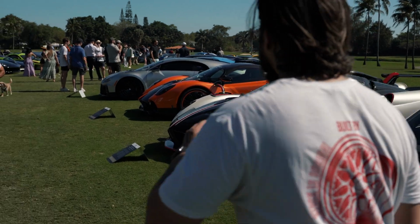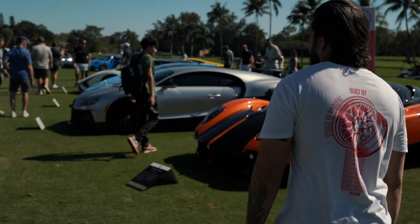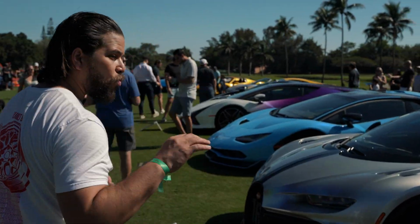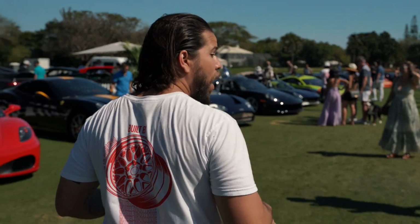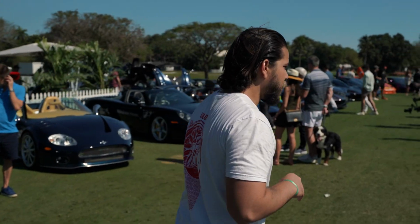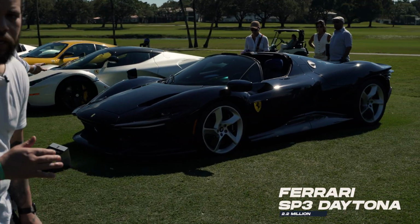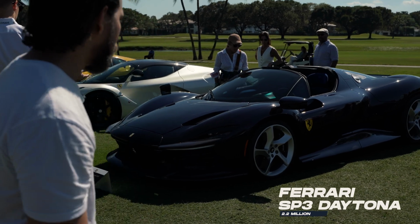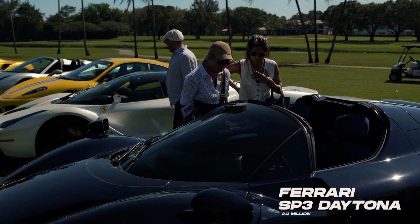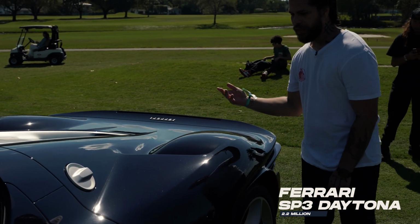Next, we have this insane SP3. It's pretty much the 3rd iteration of the iconic collection. We recently had one of these by the shop in white with absolute blue carbon. Hopefully we have some footage floating around so we can show you guys. And this interior color combination is just, I mean, beautifully done. Really hard to tell, but when you look at those back arches that are right over here, where you have this main vent,